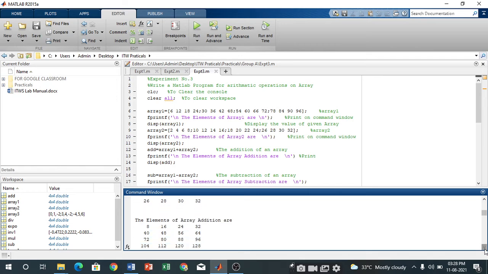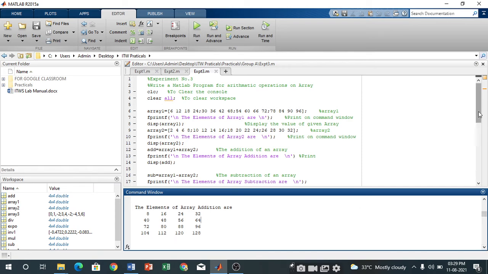Now I am trying to perform the addition of array 1 and array 2, and I store the result in the array add. I am displaying the content of array add, and this is the content.